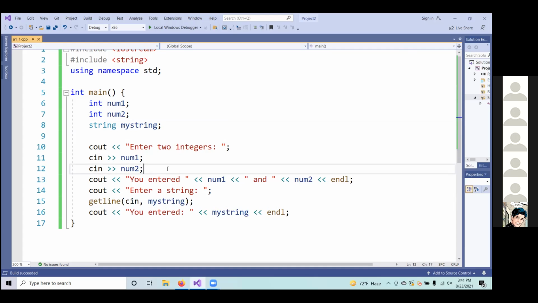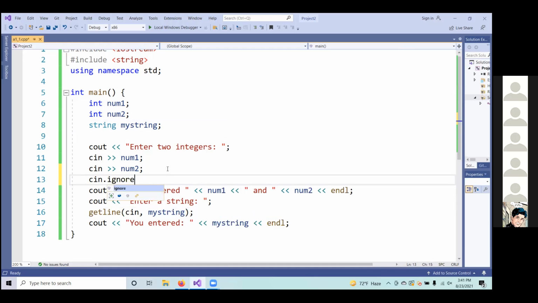Use the cn.ignore, I believe. Yes. So if I say cn.ignore, that means ignore one character that's in the input stream. In this case, we happen to know that the one character sitting in the input stream is the newline character. So now if I run this again,